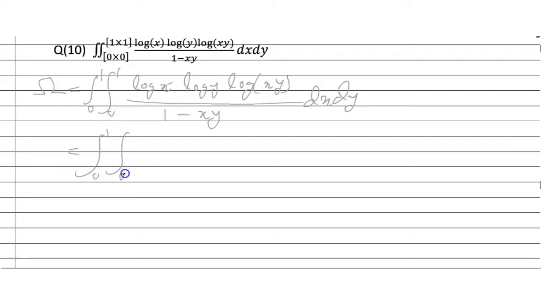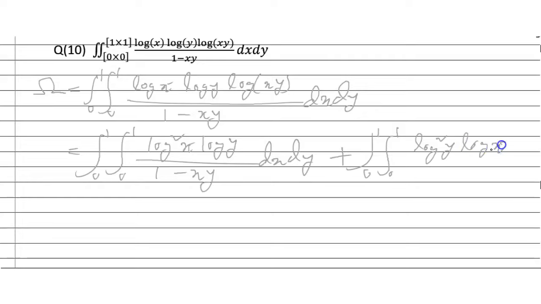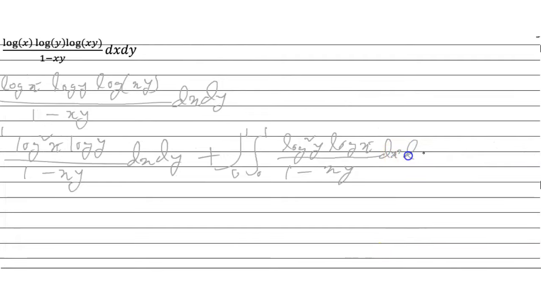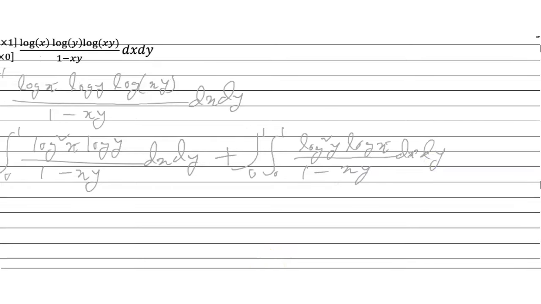0 to 1, 0 to 1 log squared x log y divided by 1 minus xy dx dy plus 0 to 1, 0 to 1 log squared y into log x divided by 1 minus xy dx into dy. So friends, using symmetry